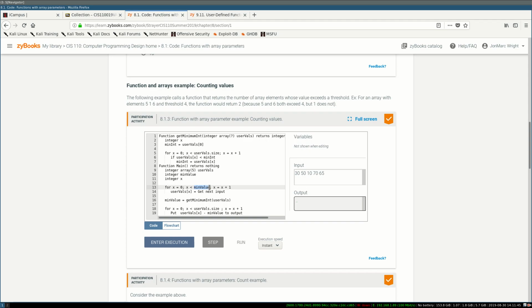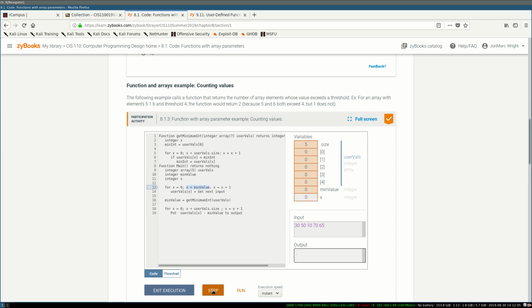So this is the problem right here. You fixed this by pulling it out of the loop, so we're not going to waste time running that code every time after we put another input in. However, we're never even going to enter this code. We're just going to skip right over it, because min value starts out at 0, and x is 0, and 0 is not smaller than 0, so this get next input never even gets